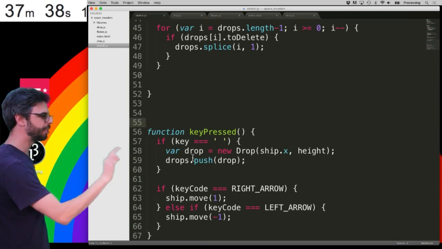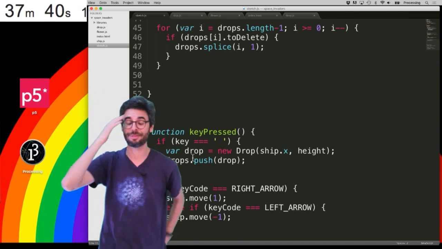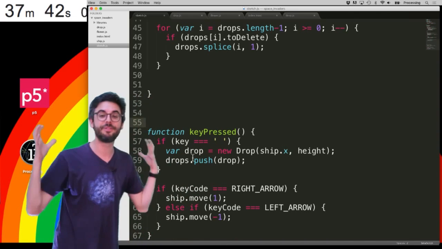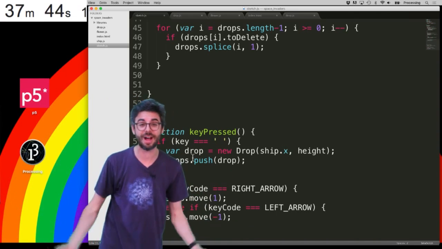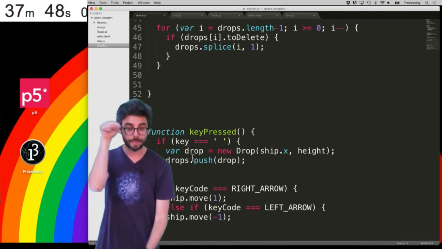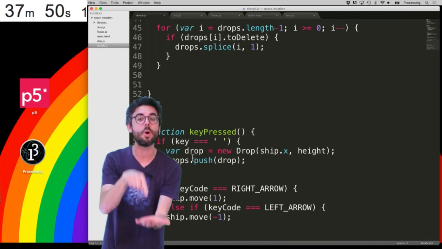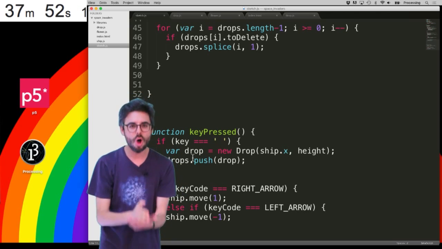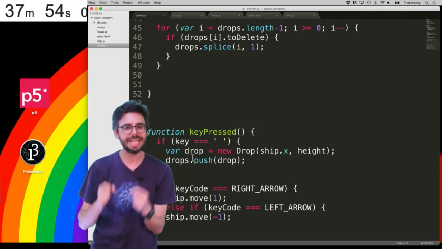Ship move to the right, ship, sorry, I lost my train of thought. Let's key press, the global function keyPressed in P5 is a single event. If I press the key, it moves it to the right. Pressing the key as a single event doesn't matter if I'm holding it down. So what I want to do here is basically